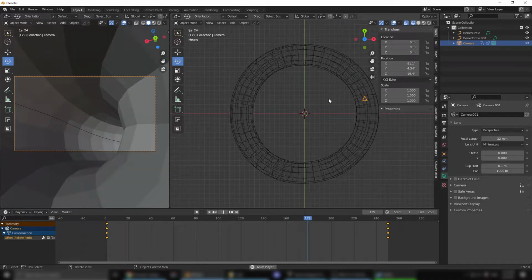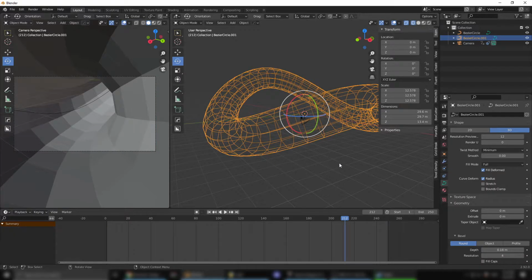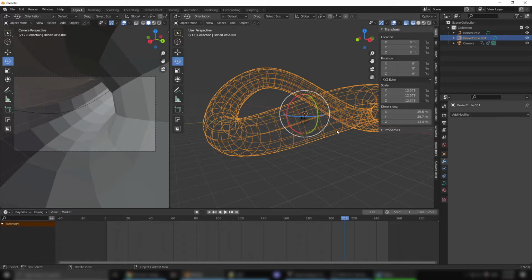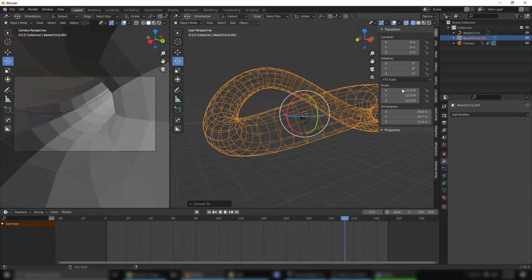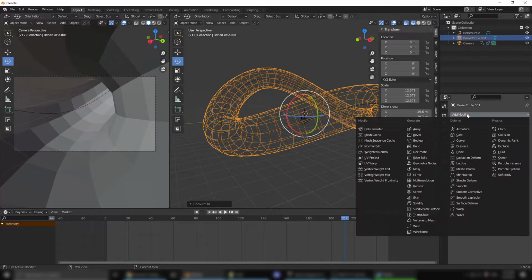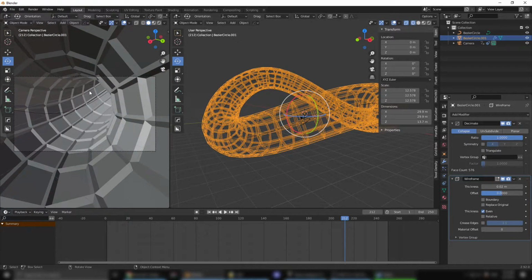Looks nice. Now the mesh itself, let's make this a little bit more interesting. So click on the mesh. What I'm going to actually do is just right click and convert this to a mesh, because right now it's a spline. Now we converted it to a mesh. And we add a modifier, and what we're going to do is add the decimate, and also add the wireframe. Okay, under the wireframe, just change where it says replace original, just uncheck that. So now we have